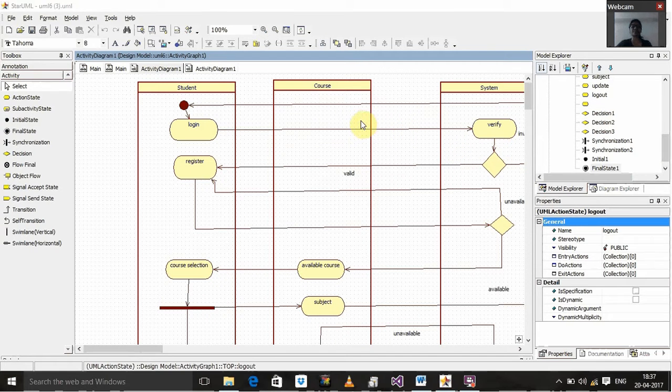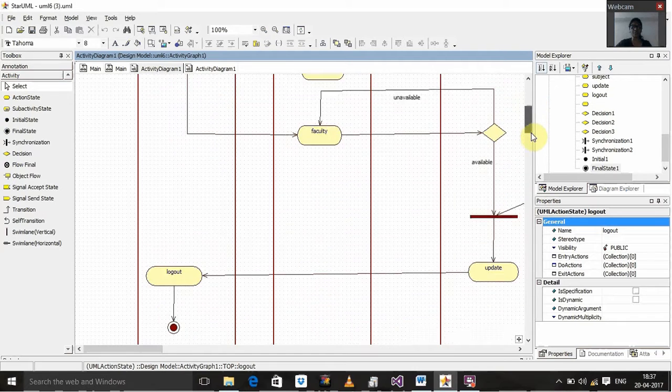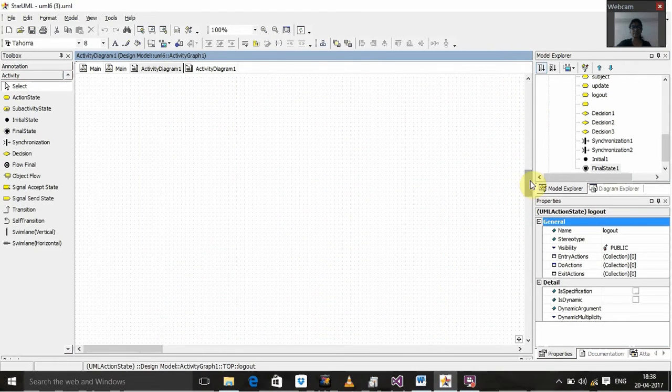And with swim lane, you basically have each object, how they represent their activities. And without swim lane, you have just a normal flowchart where there is not much segregation between each object. So first we'll see our without swim lane. So in without swim lane,